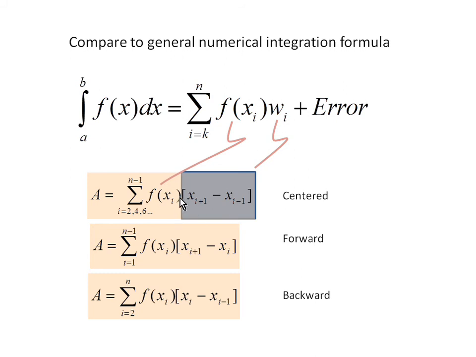So for each value of the function that we're using, we're weighting it based on the delta x value. And similarly, there's the weighting function for forward. It's also delta x, but it's a little bit different, x sub i plus 1 minus x sub i. And then for backwards difference, we also have this, which we can interpret as a weighting function